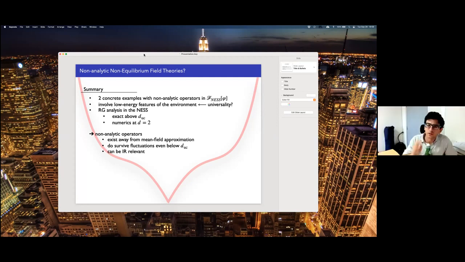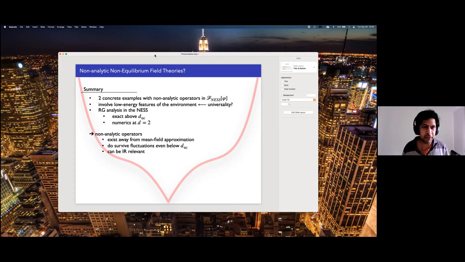No, I think so. In the first example, the two-bath Ising model, indeed, the non-analyticity is just coming from the bath. Typically you get non-analyticities out of taking some thermodynamic limit somewhere, and it means that the thermodynamic limit has already been taken in the bath, and the bath is bringing the non-analyticity into the system, even though the system itself is not. So we're still working at the mesoscopic level. We're not in the IR yet, but still the bath has brought the non-analyticity into the system through this integration out of the bath. Indeed, yes.